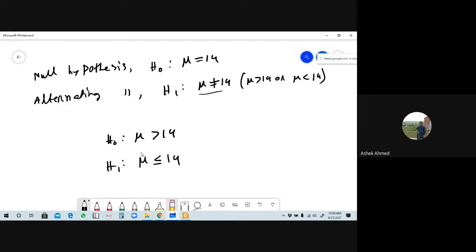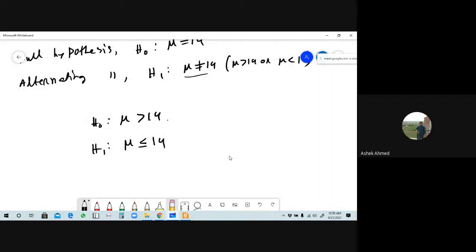So from here we can say that the null hypothesis and the alternative hypothesis are opposite to each other. Here the null hypothesis is mu greater than, so the alternative will be the opposite, that does not satisfy the null hypothesis. Is the response correct? Yes sir. Sir, if it is greater than, it should not only be less than, it should be less than or equals. Yes, equals.